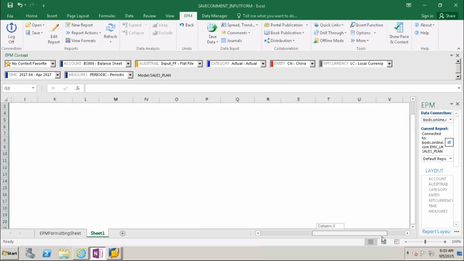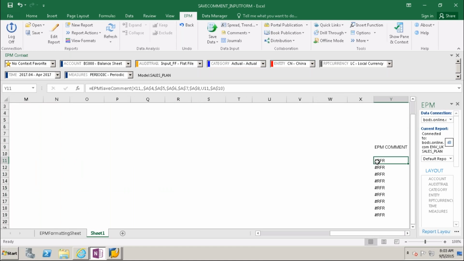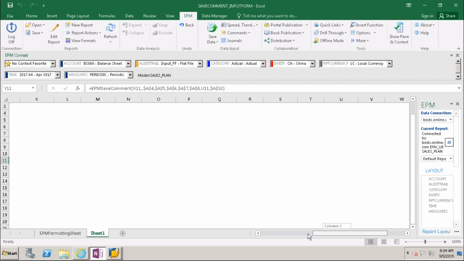If I delete, I have my function, refresh, it is showing as x11. So I wanted to keep to see this x11 as